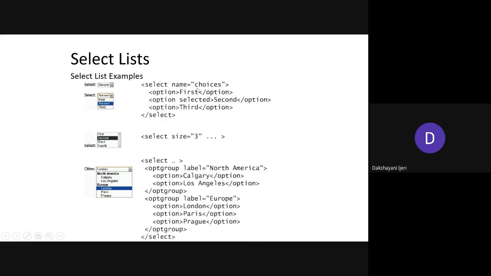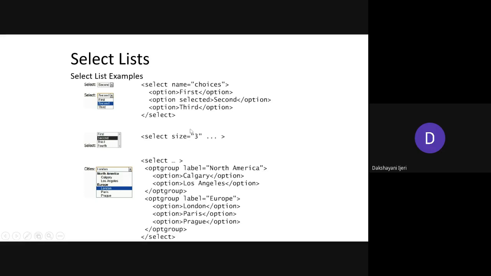Okay, so this is an example over here, right? You can see the select element has been created, and you have to use the name attribute. I'll go on telling you which attributes you need to use here. The name attribute has to be used with any value, and to add the different options, you need to use the option element followed by the option that you want to create. Once you completely add all the options, you need to close the select element with the closing select tag.